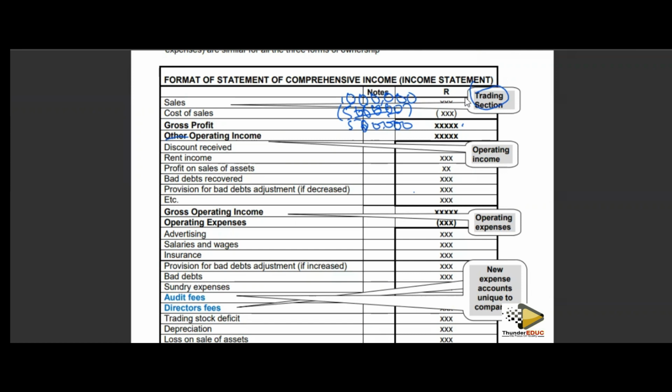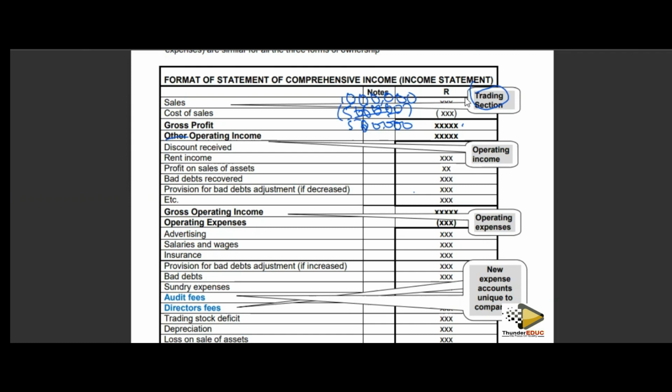And then because maybe we paid on time or we bought too much stock, they say, no, we are giving a discount. Then they can give us maybe 1,000,